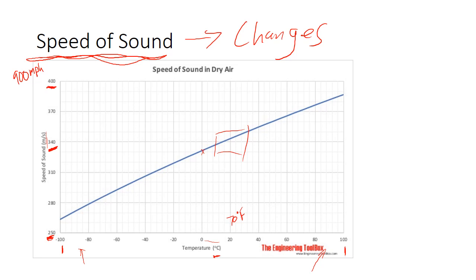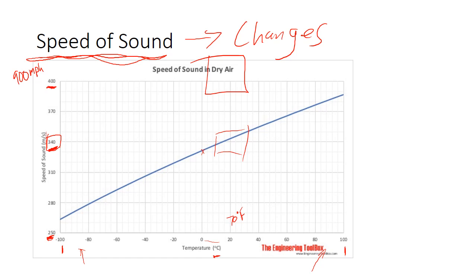So we're going to keep it pretty much there. Now, some problems might tell you to use 350 or something, just do whatever it says. But for me, you can just think of it as 340 for all that we're working with, unless the problem tells you something special.